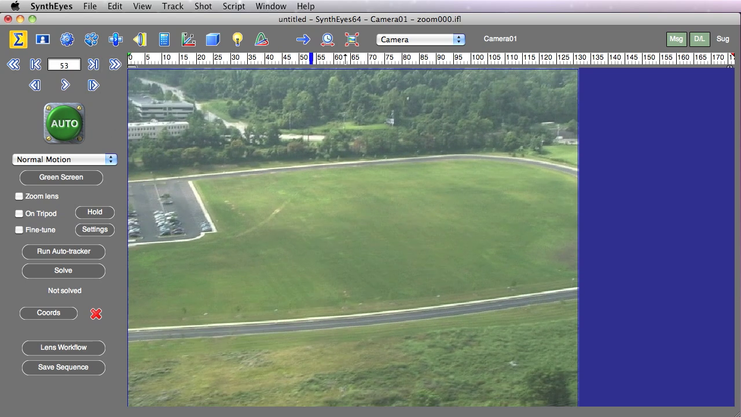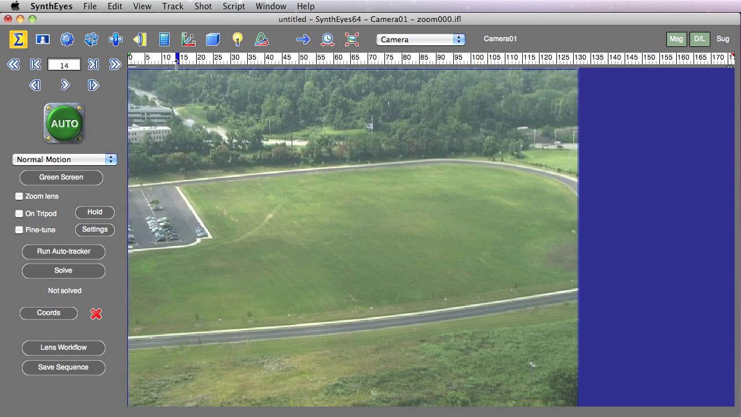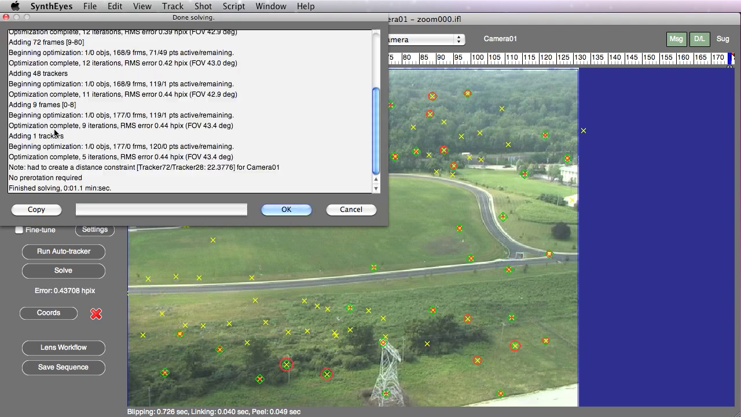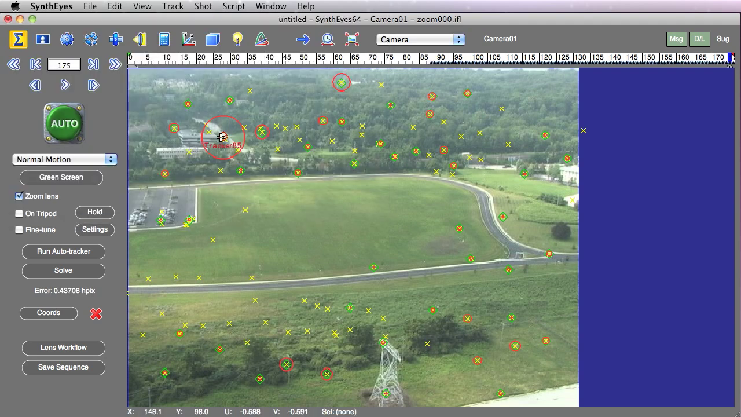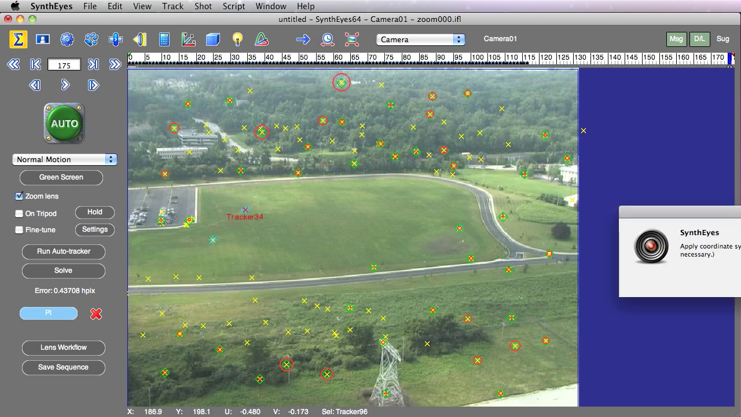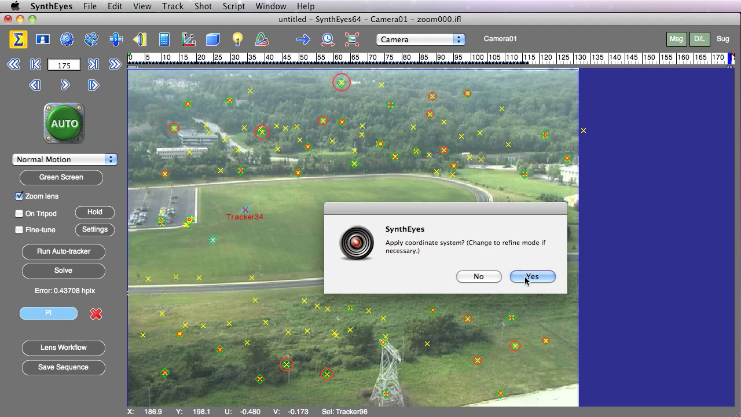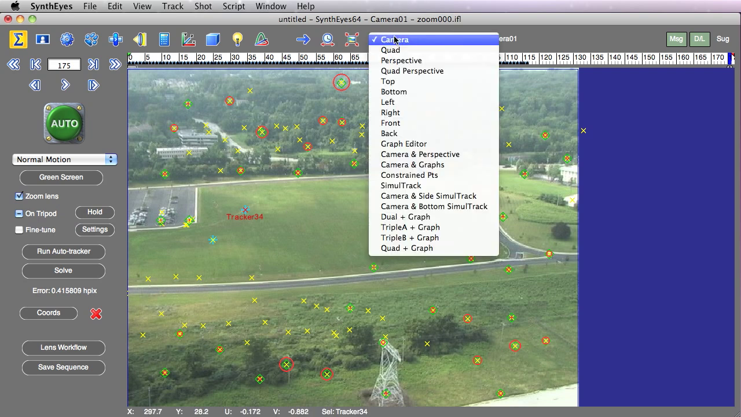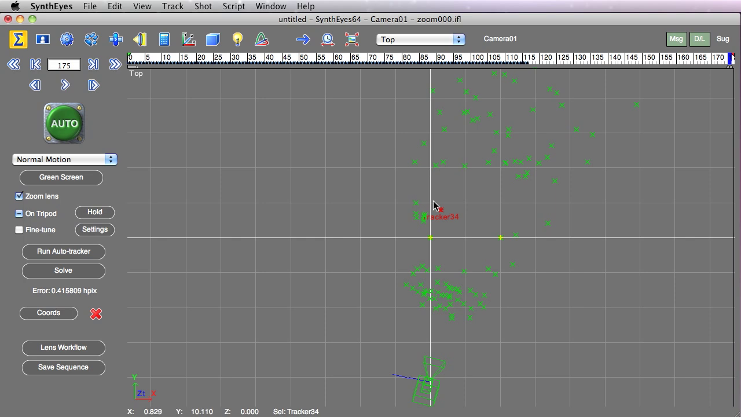So the shot that I have has a little snap zoom section in it, and I'm just going to do a quick auto track on it. And I think actually there's one tracker up there that's on a car, so let's just delete that one, and we'll set up a coordinate system. We rerun the solve. So now we've got a basic solve set up, and if you look at the camera